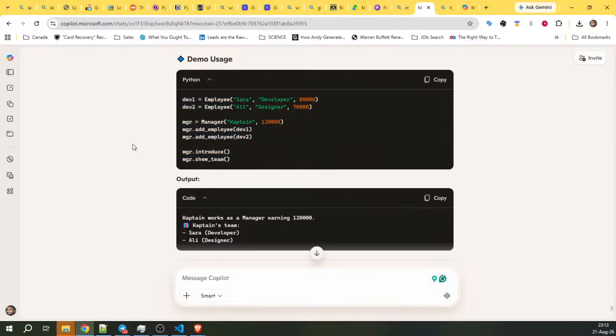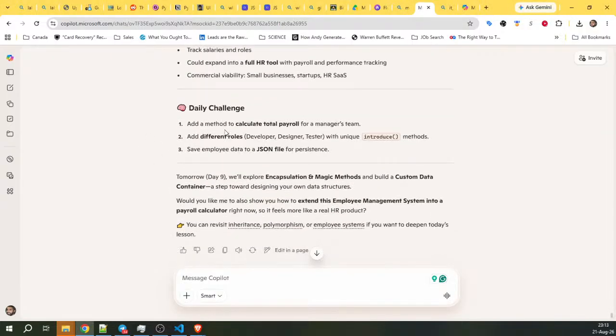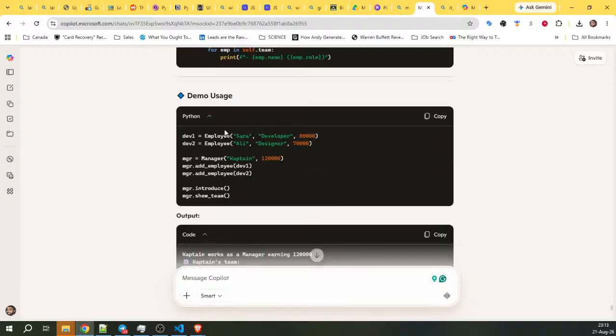Okay, demo uses something different. Okay, output this with these side numbers. Okay, now basically